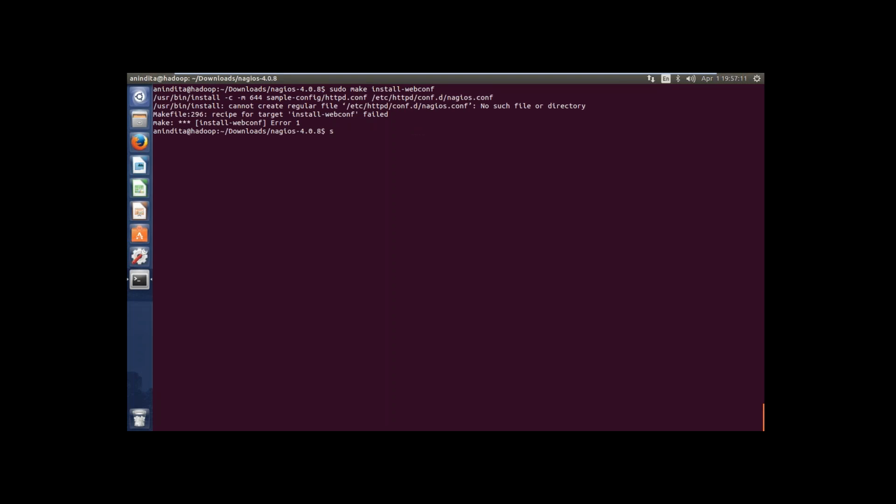So this above error message describes that Nagios is trying to create the nagios.conf file inside the etc/httpd conf directory, but in Ubuntu the Nagios conf file should be placed inside the etc/apache2/sites-enabled directory, the same directory where you have pushed the Ganglia web component as well. So we just need to write the following command: